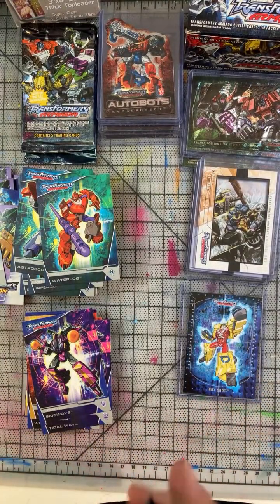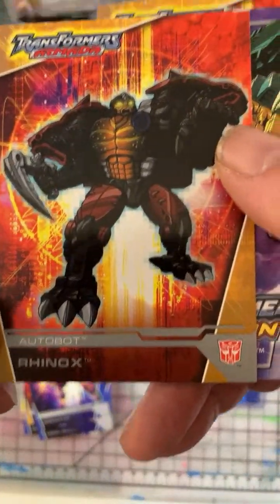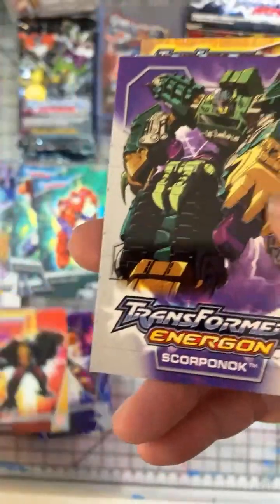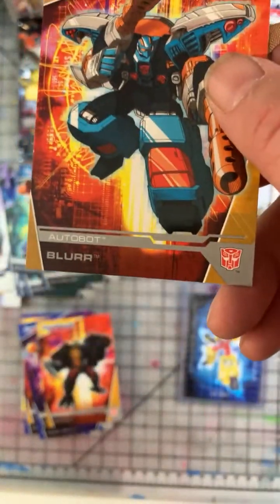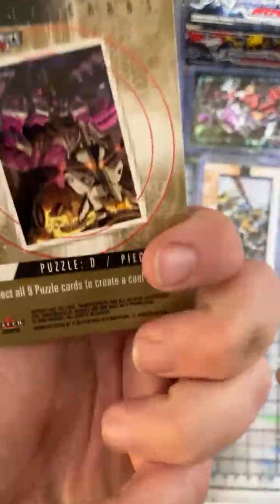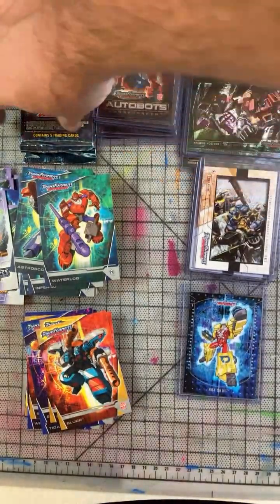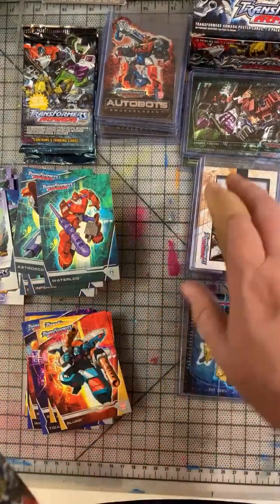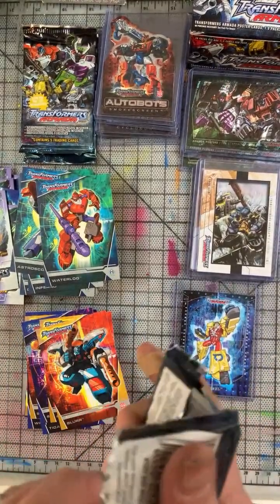Some of these names go all the way back to that time. We weren't just doing comics. All right, we got our Horseman Rhinox. That's a Marcelo. There's a normal blur. Gold card. There's the gold stash. All these new ones here. Pretty cool. But you're not going to get anywhere near the full sets of these with one box. There's several of those, so...